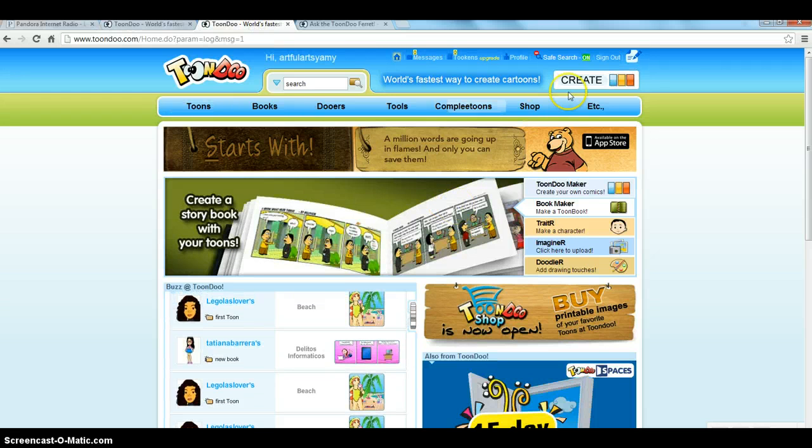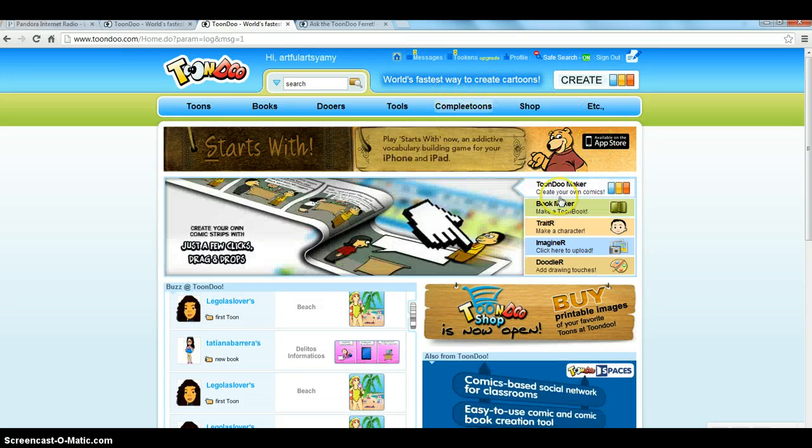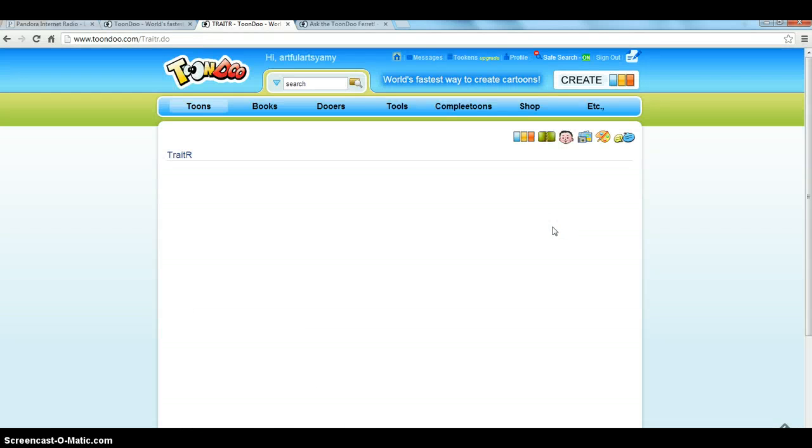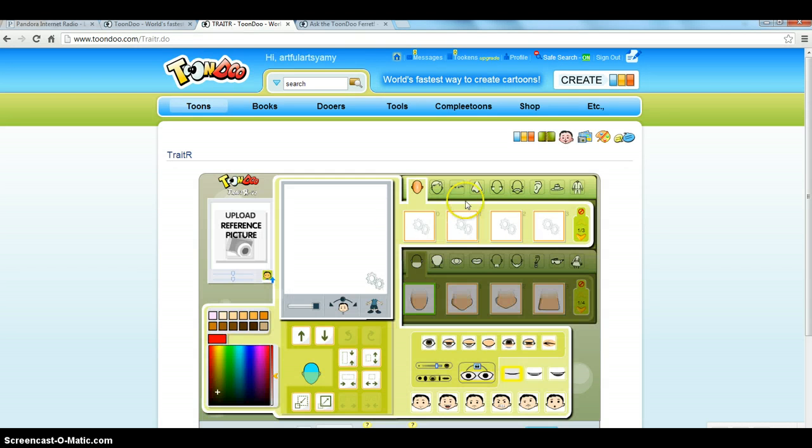So this is, I've logged in, and now I can look at all sorts of different things. The make a character seems to be most popular with students, and you just sort of start off with something like this and you can customize it. You can see I've got all these different options I can pick from, and there are many different skin hues to choose from, which personally I find very important.